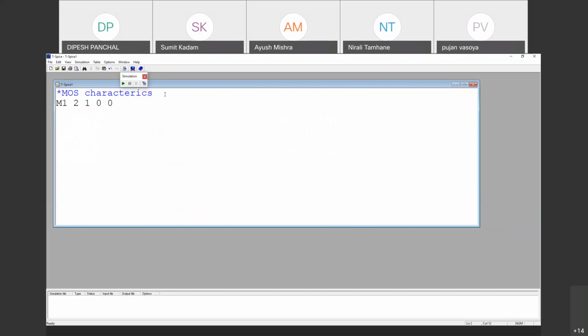2 means drain. 1 number is gate. Then source and substrate. So the fixed sequence is there. If it is the M1 transistor, the first letters are D, G, S, S: drain, gate, source, substrate. Then I have to give the MOS